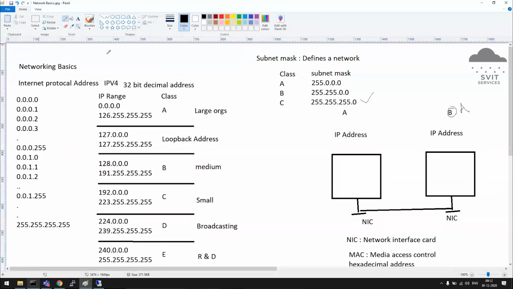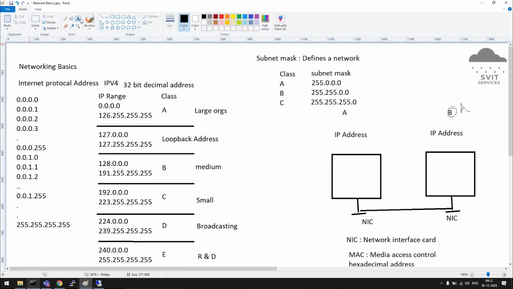They may give some different numbers also, something like 194 or 254, anything. They have some formula, and based on that they will calculate it, subnetting. We don't need to go in depth about that as of now. If you know what a subnet mask is, that is more than enough. If you are a pure network admin, you should know how subnetting works. Classes and default subnet mask in your home lab.